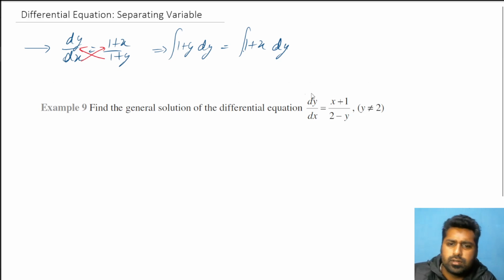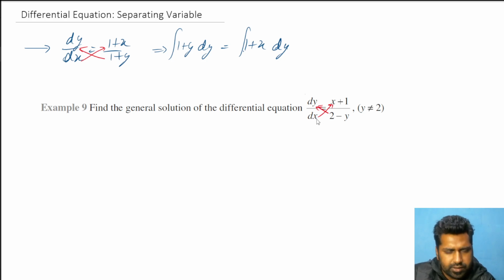You're asked to find the general solution of a differential equation. This is given, kind of like the one that I have given you as an example. So what we'll do is we'll cross multiply. We'll try to separate. And all the questions that we will be discussing in today's lecture will be based on separating variables. So you don't have to think too much about it. Just try to see if you can take y on one side and x on the other side. Is it possible or not, and it will be. All right. So if we cross multiply, we get 2 minus y dy is equal to x plus 1